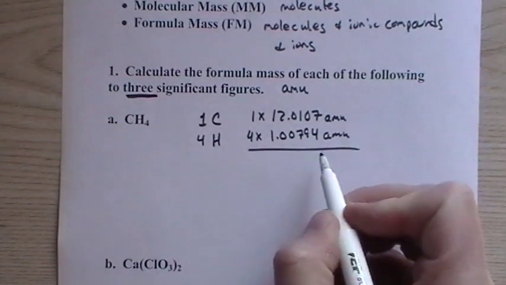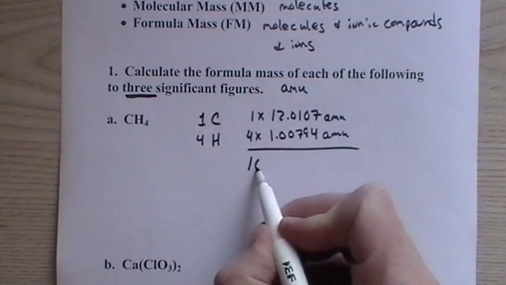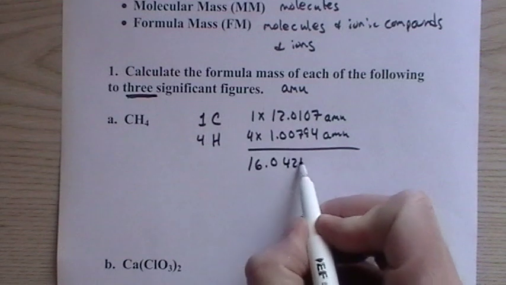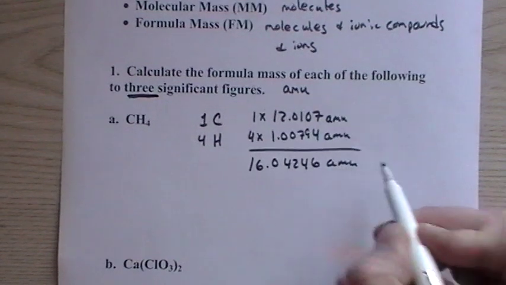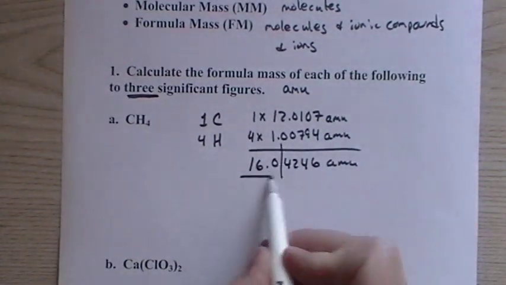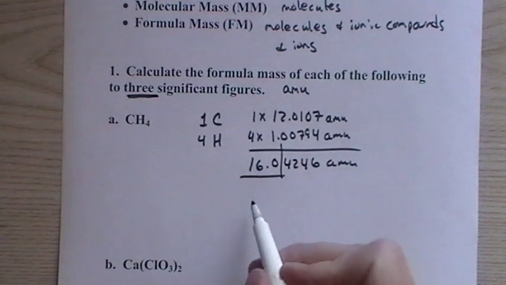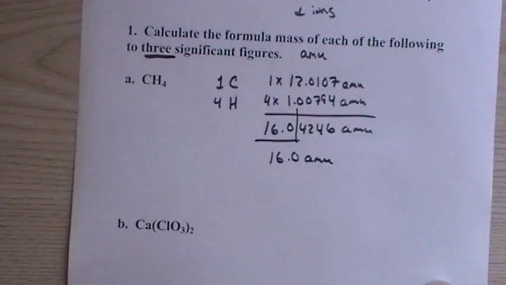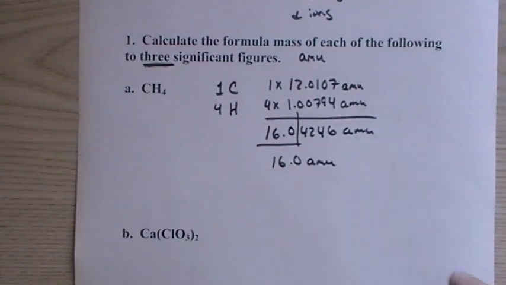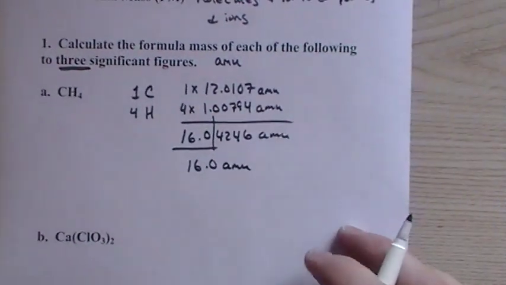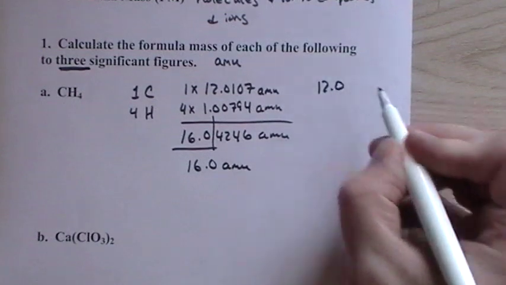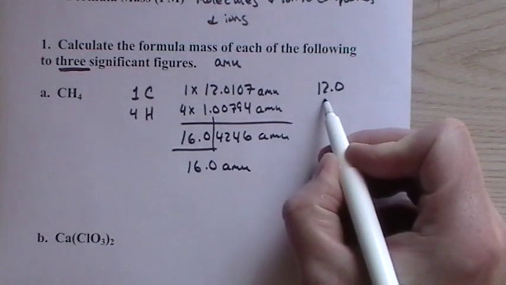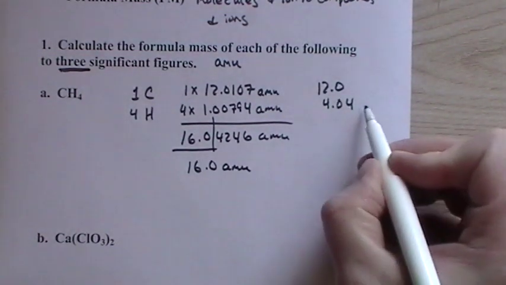Now, I'm going to take a shortcut here. You multiply through by 4. We end up with 16.04246 AMUs. And we'll have to cut it off here because we need 3 significant figures, so that's our answer. Now note, if we would have started with 3 significant figures, made this 12.0 and made this 4.04 AMU,